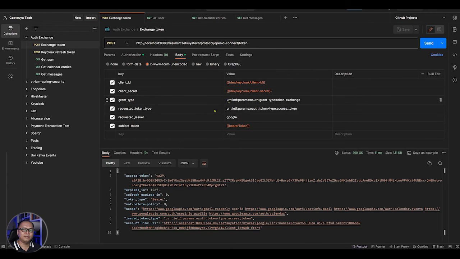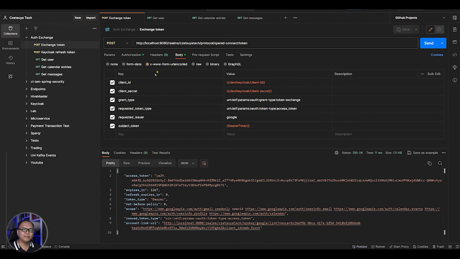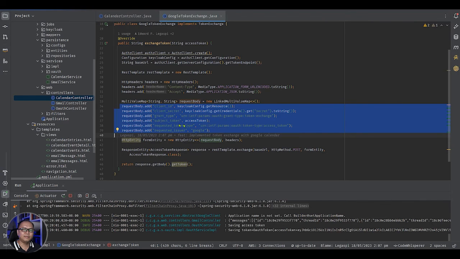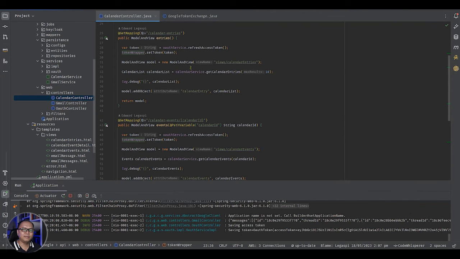And in the request body, we have these parameters. So the client ID, secret, grant type, requested token type. So they are basically the same. It will send a request to Keycloak, and we will get a response. That response will have a token. Now this is the Google token that we will use to call the Google Calendar. So here,